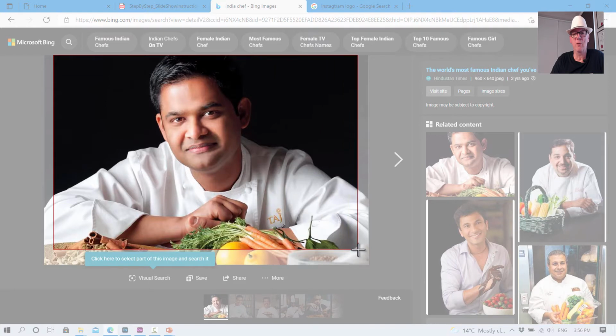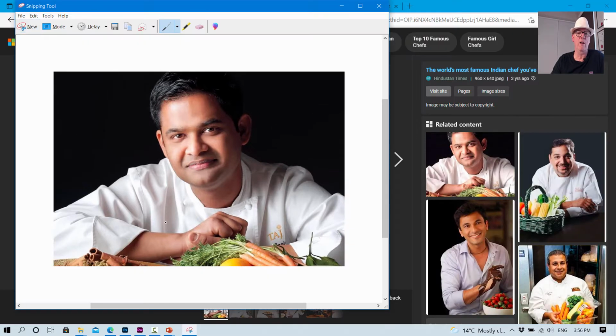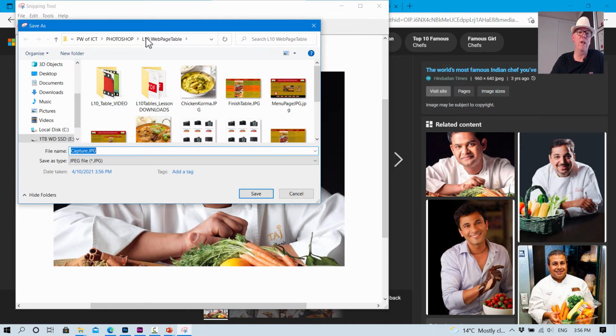Oh, it's got some caption on it. But anyway, I want to make it kind of rectangular like this. So it's about 800 by 600 sort of size, which is kind of a rectangle like that. And then I'd save this one. And I need to have a new